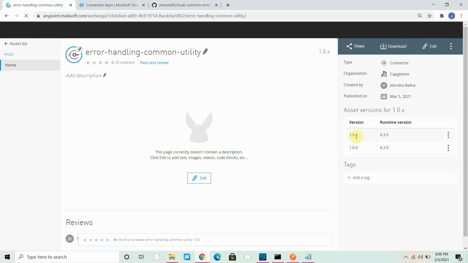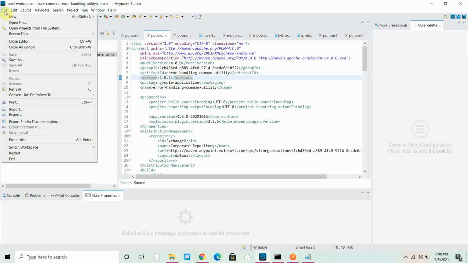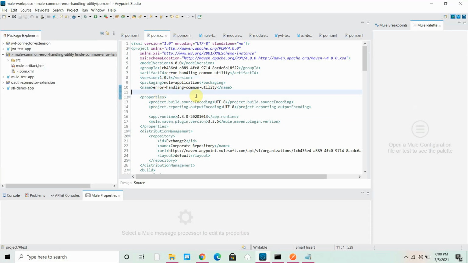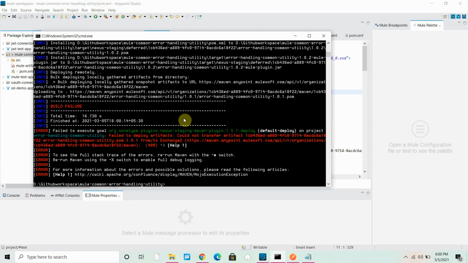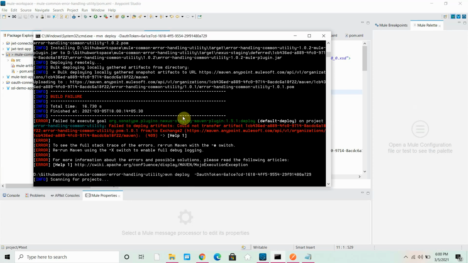It already have a 1.0.1. Okay, so let me try with some other version. Okay, so this particular version, because I had done some deployment, that is the reason. You can ignore this. Because sometime that version is already available, but sometime it's not visible also.